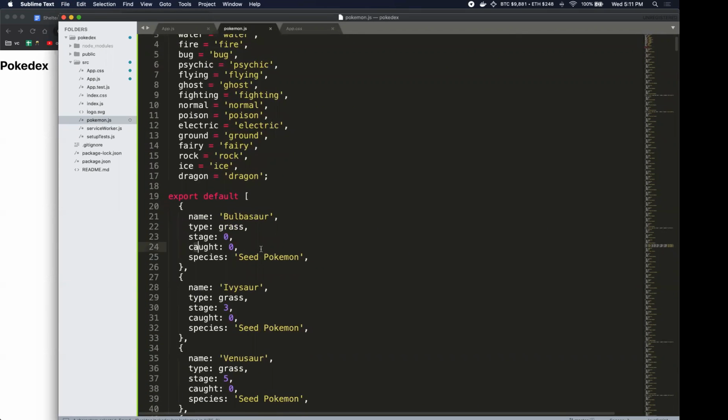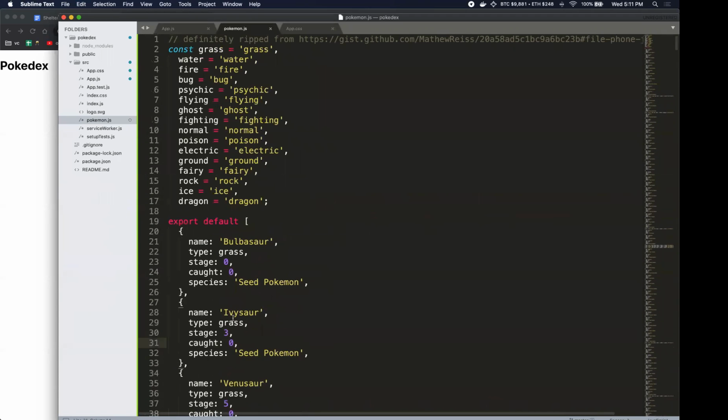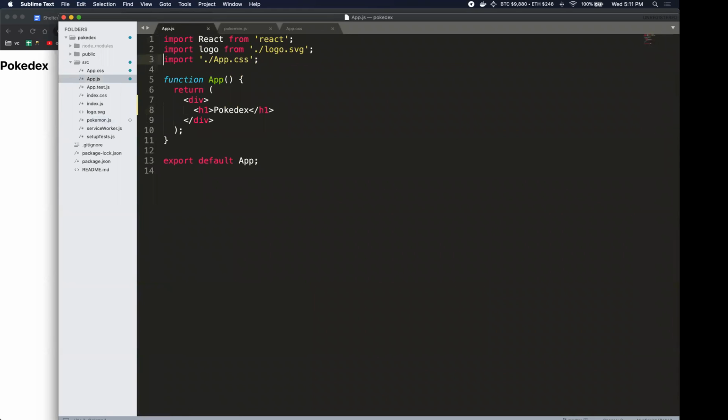Cool. And then we also have whether they're caught. So this is a 0 or a 1. They'll all start out as 0 because we can assume that we haven't caught any to start with, right? So the next thing we'll want to do is actually import our